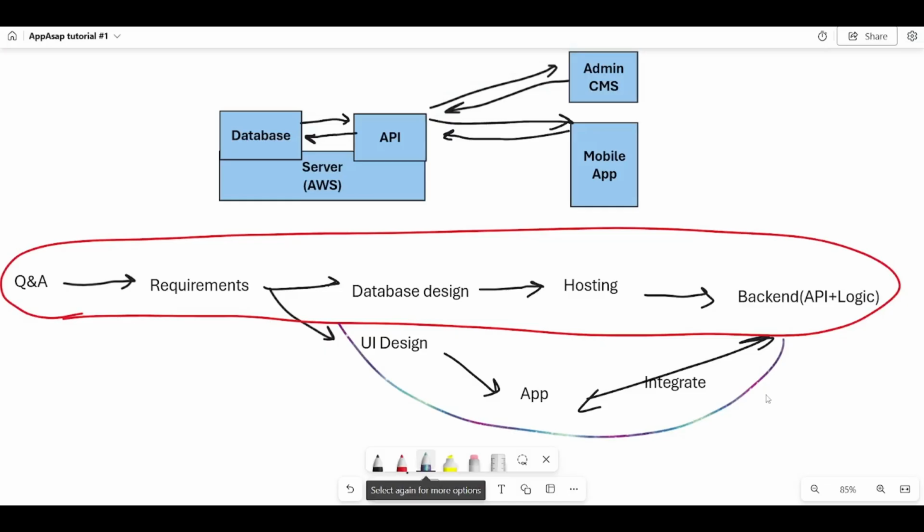Hello everyone. In this video, we're gonna see what AppAsap has built based on our requirements and how it automates the process of developing an app. So just to refresh our memory, traditionally when you're creating software, after you have the requirements, the tech lead needs to build a database design. So he could build the database that we're gonna then use so that the mobile app can talk to it